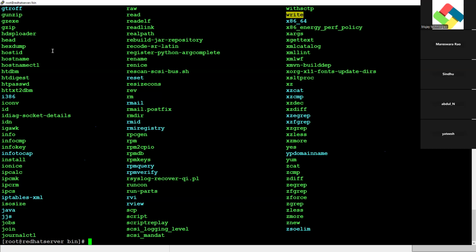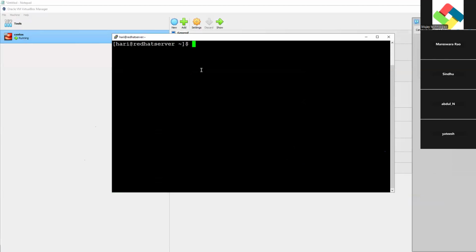So what is that second one? This is the root user. What is this? This is a normal user. A normal user will execute the ls command, pwd command, cd command, and mkdir command. Because this is the normal user, the normal user will execute only the normal user commands. Both the normal user and the root user can execute these commands.